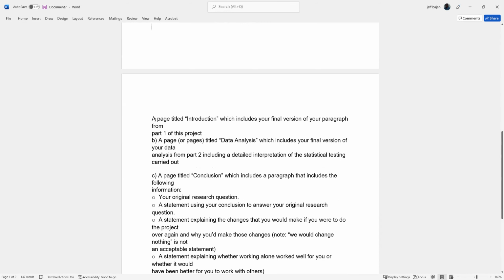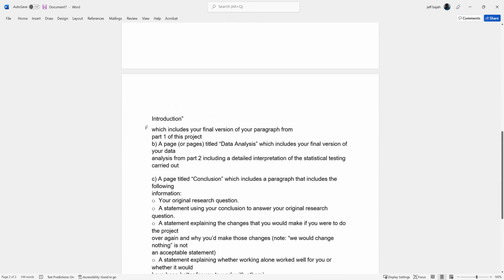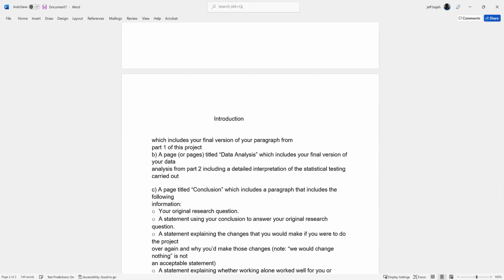And so the goal is, if you have a page titled, it doesn't have to be a page, it could be a paragraph, right? Titled introduction. Which includes the final version of your paragraph from part 1. So I'm going to start with having a subheading or a heading called paragraph. And in this paragraph, for me, I would say,